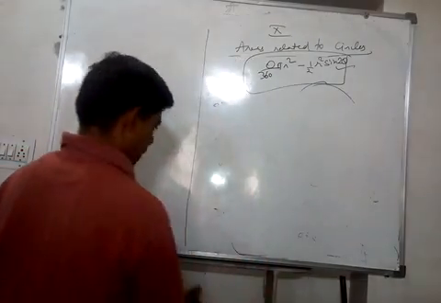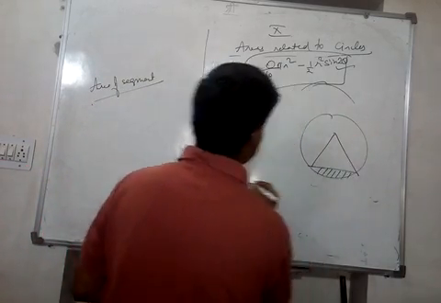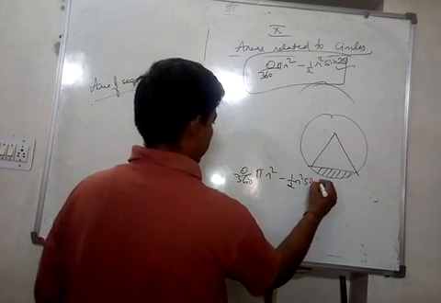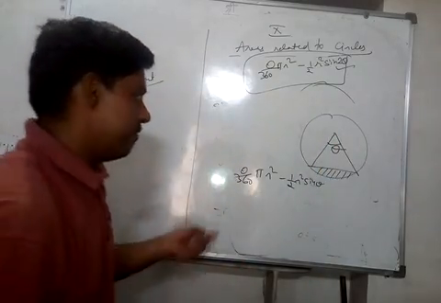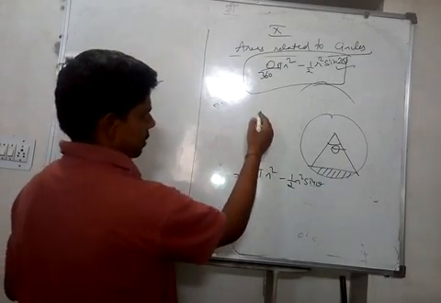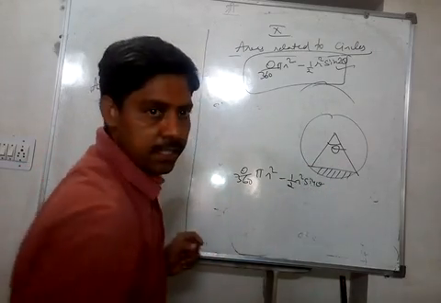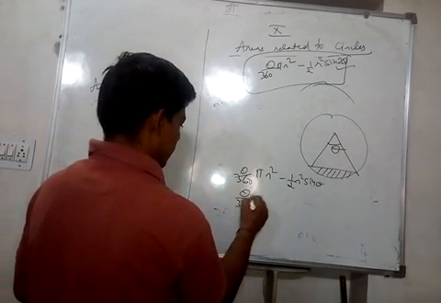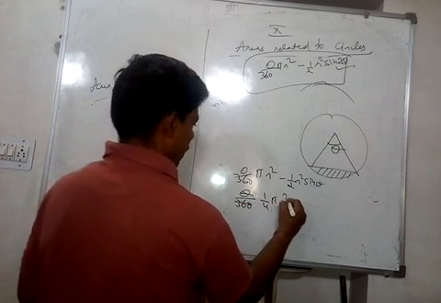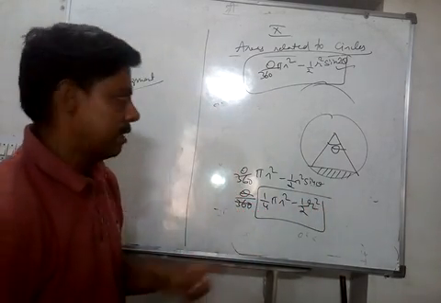Area of segment. This is your segment. The area is theta upon 360 pi r square minus half r square sin theta, where I take theta as the complete angle. If it is half angle, then that is a different formula. We have already written that formula, right? Now suppose theta is 90 degree, then sin 90 is 1. This formula reduces to theta by 360, and 90 by 360 is 1 by 4 pi r square minus half r square. This is the area of segment when theta is 90 degree.